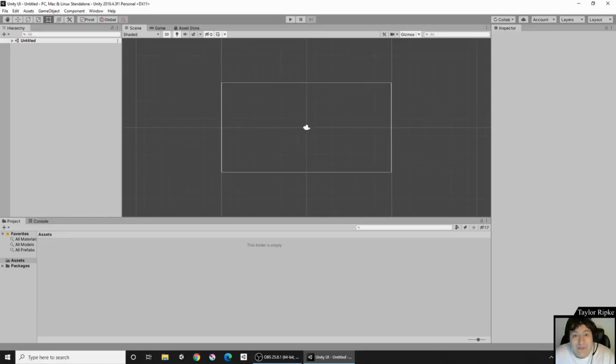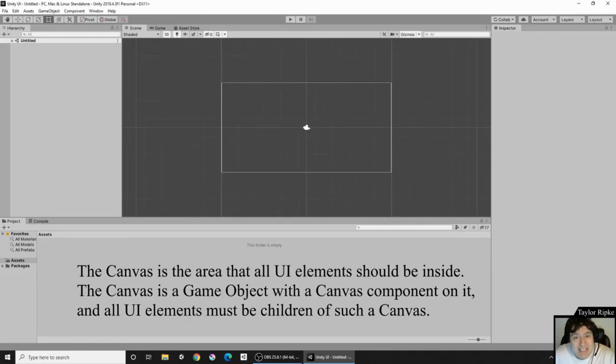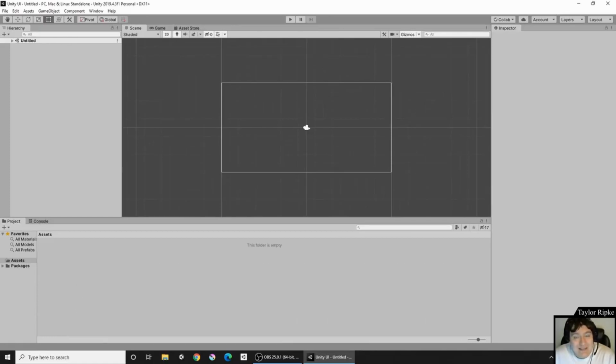Hello! In this Unity tutorial, we're going to continue talking about the Unity UI, or User Interface for short. Previously, we talked about the canvas as the top-level parent for all UI elements to exist on. An example of a UI element is text, images, other types of graphics, and videos. In this video specifically, we're going to be taking a look at UI images and how to add them to